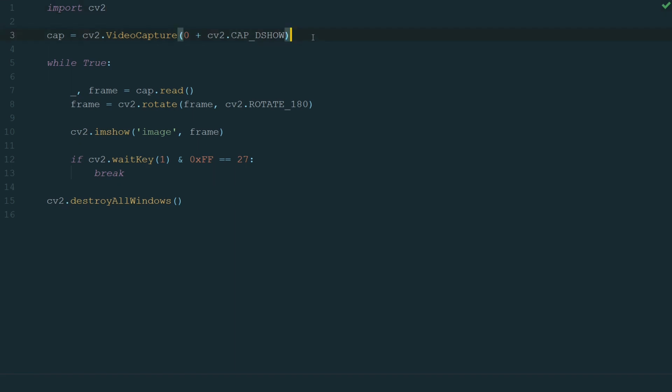Next, we need to initiate the video capture. In brackets we add 0 plus cv2.CAP_DSHOW. Most of the time your camera will be auto-detected using 0, and that should be enough. Next, knowing that video is just a bunch of images or frames, we need the while loop to go through them. We write while True, and in it underscore comma frame equal to cap.read, so it will read all our